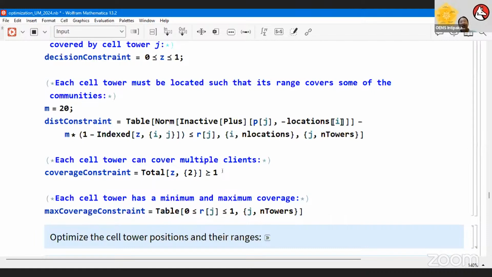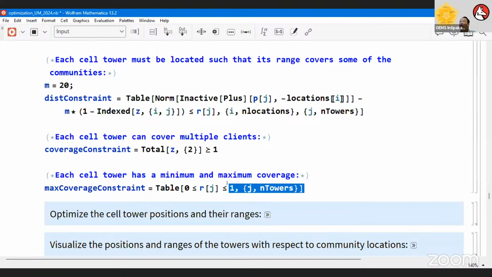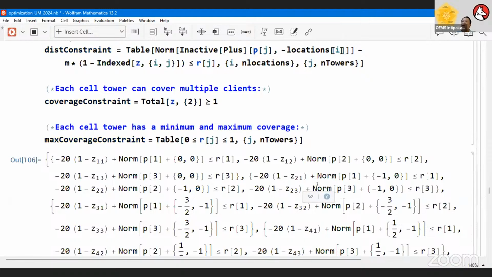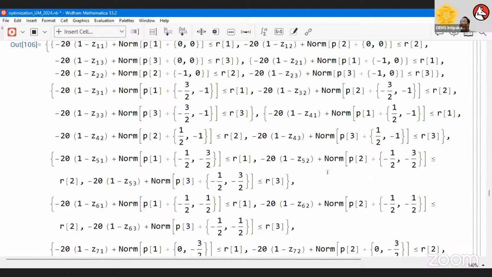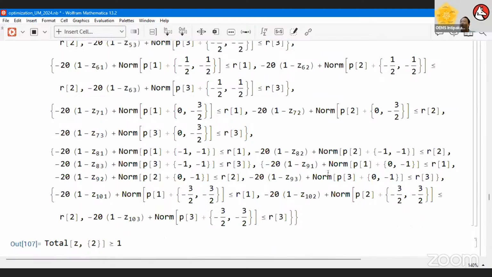Each community will be covered by at least 1 tower, but each tower can cover several communities. Each cell tower has a minimum and maximum coverage. So we put in all 4 constraints in detail. It looks messy, but it works out fine.